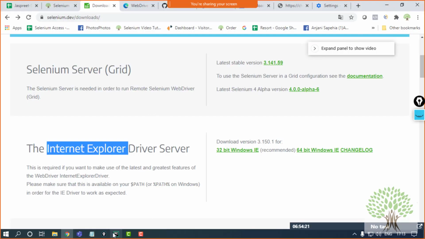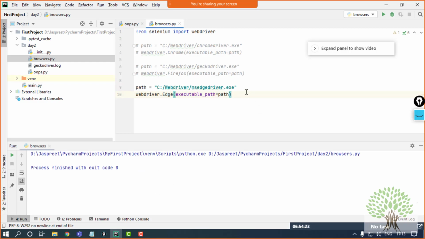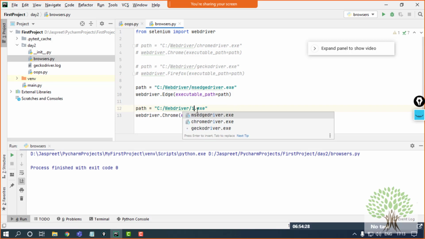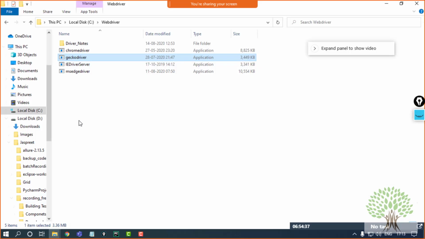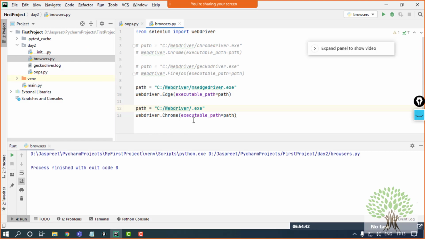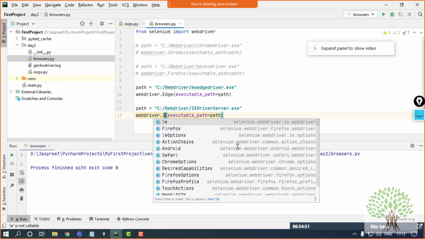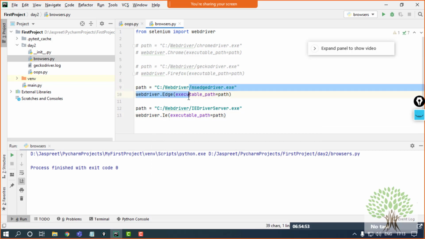It closed. Go back to your IDE, the PyCharm, and again here changes will be made. In my case, it's IE. I have to look for the name. Let me just see. It is IE driver server. And the name of the browser will also change to IE. Okay.